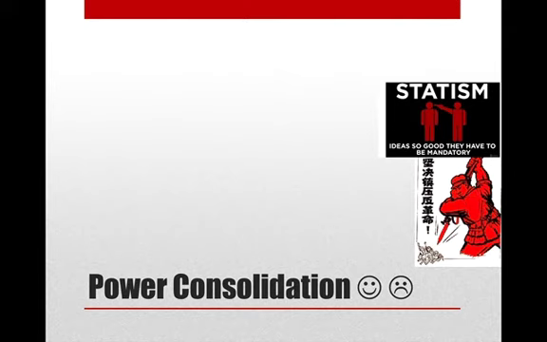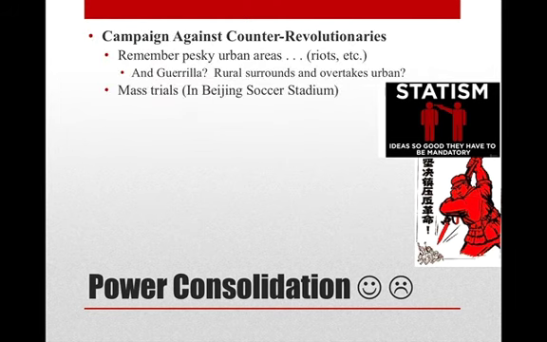Well, it's very simple. They do it by power consolidation. You have to have everybody believe in your one idea, or else they're going to die. So that's the first thing you're going to see. The first thing you're going to see in the first 8 to 10 years to create this constitution, create these laws, to create these regional and local hubs, you are going to see a massive, massive, massive power consolidation under the CCP and especially Mao. They are going to run numerous campaigns, they're going to call them. So the first campaign they're going to run from about 50 to 51, 52 is going to be this idea called